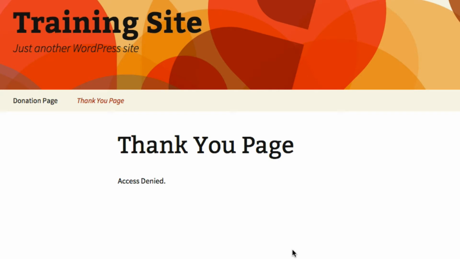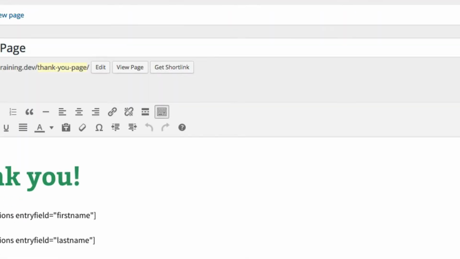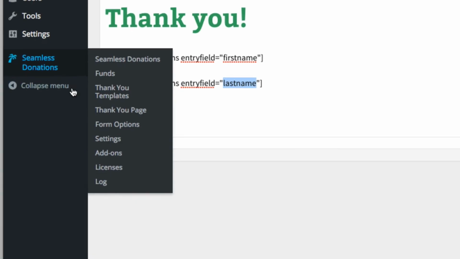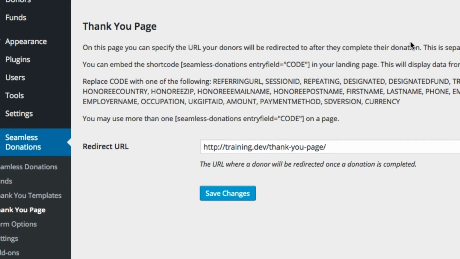Okay, well, that came as kind of a surprise to me, but it's good because we can look at how this sort of thing happens. I was fully expecting to show you the two fields, but it turns out that's not the case. And the reason for that is that I used entry field of first name and last name. And if you recall, let's go back to the thank you page. These are the fields, and you'll notice they're all capitalized. So if I go ahead and grab